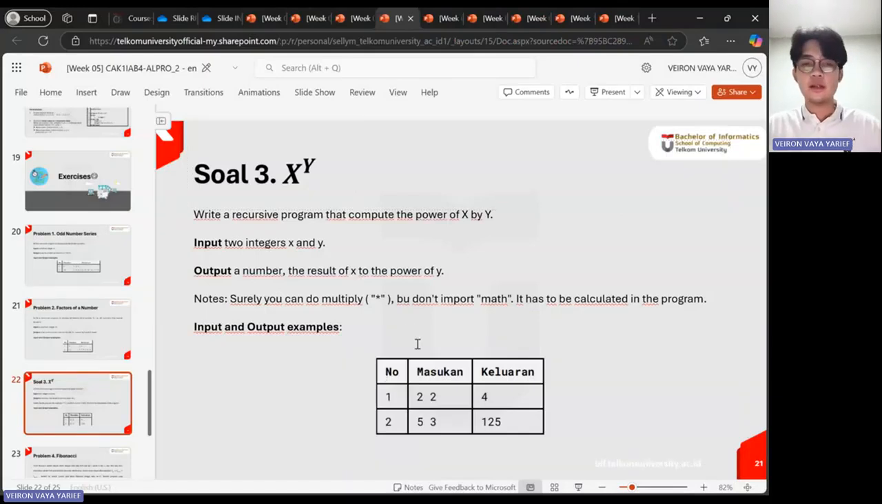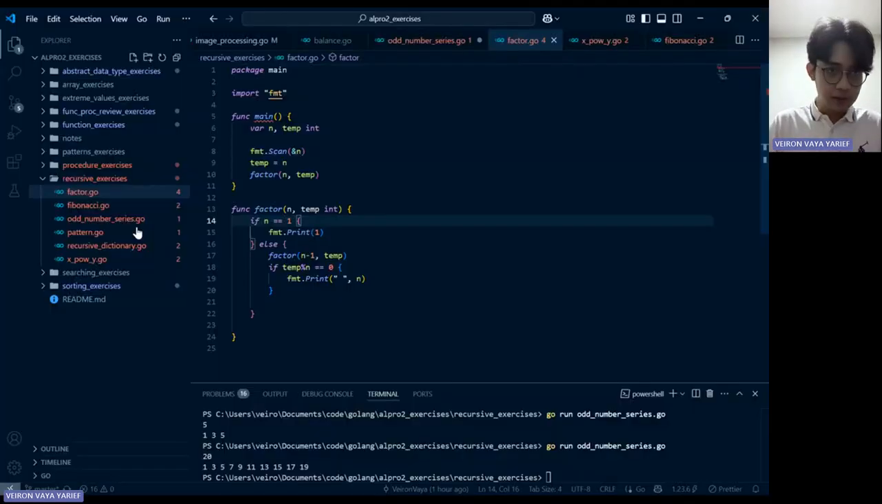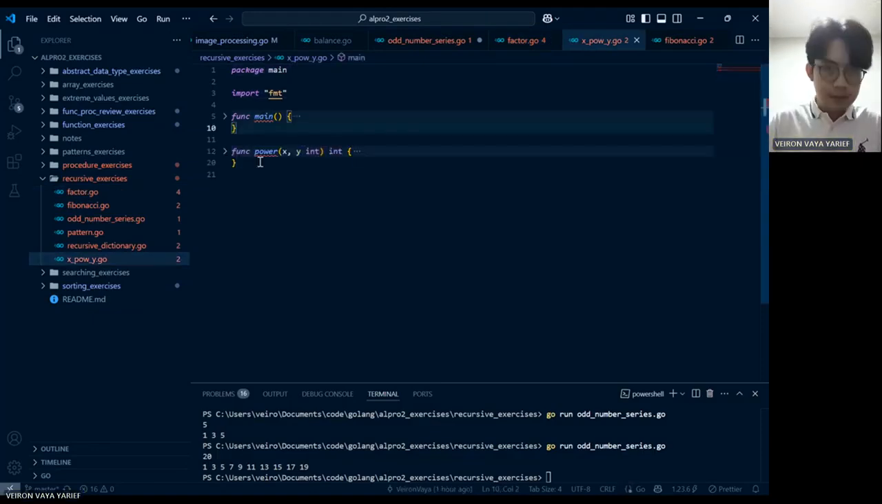So what this question wants to do is, if you have input 2, it will process 2 power 2, which is 4, and 5 power 3, which is 125. Okay, so how do we do this? Same as before, power function